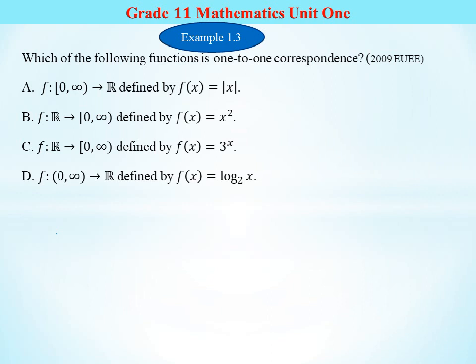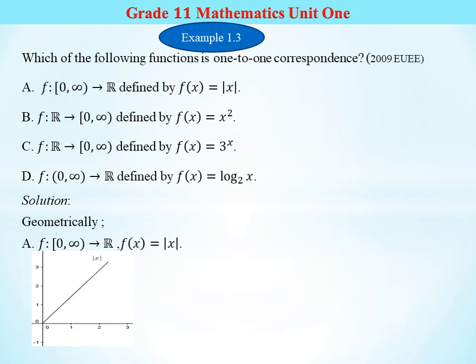ሁለተኛው ጂኦሜትሪካሊ ነው እስኪ ጂኦሜትሪካሊ ተጠቅመነ ይህን እንለይ ዋን ቱ ዋን ነው ኦንቱ ነው የሚለው ማለት ነው። A: f maps from the set of non-negative real numbers to real numbers, with f of x equal to absolute value of x. አሁን ይሄን ግራፉን ስኬች እናደርጋለን ያ አብሶሉት ቫልዩ ኦፍ x በተሰጠነ ዶሜን ስኬች እናደርገው ይሄ ይሆናል ሶ ሆሪዞንታል ላይን ተጠቀም እንግዲህ ዋን ቱ ዋን ነው አይደለም የሚለው ማለት ነው ሆሪዞንታል ላይን ስንጠቀም ለምሳሌ y equal to 1 ቢሆን እዚህ ላይ ነው የሚቆርጠው፣ y equal to 2 ከሆነም እዚህ ላይ ነው የሚቆርጠው፣ y equal to 3 ቢሆንም እዚህ ላይ ነው የሚቆርጠው ማለት አንድ ጊዜ ነው የሚቆርጠው ስለዚህ ፈለግነውን ሆሪዞንታል ላይን የምንጠቀም ፋንክሽንን አንድ ጊዜ ቆርጧል so this function is one to one by horizontal line